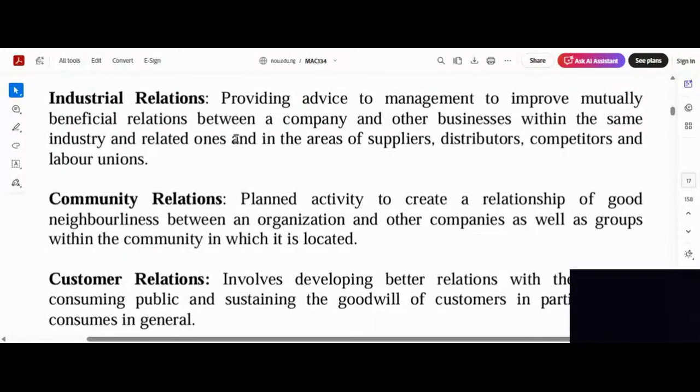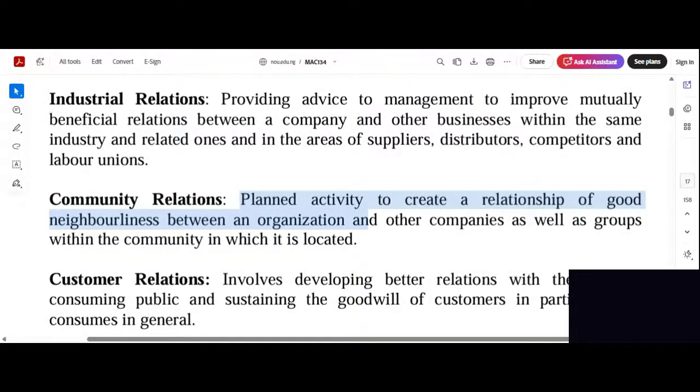Dash is a planned activity to create a relationship holiness between an organization and other companies. Realization of